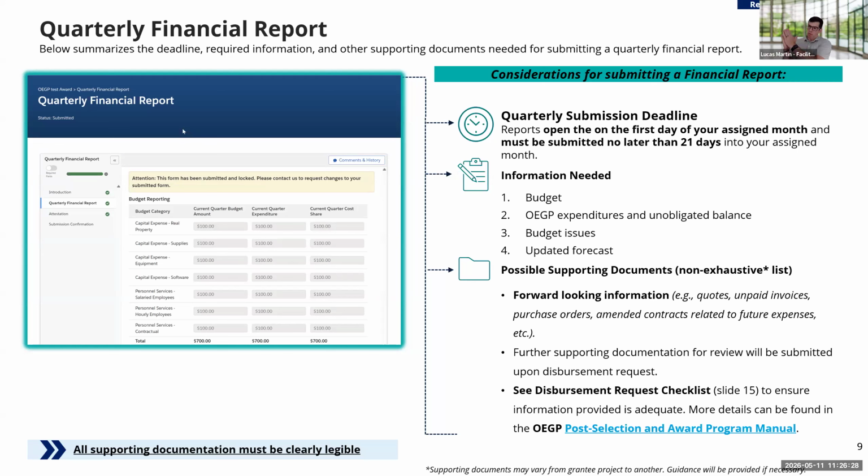So, updating any forecasts, understanding that all projects currently in the overall OEGP portfolio are on a reimbursement basis. The disbursement request avenue captures a lot of what has happened previously. The quarterly financial report, while good information for past experiences as well, is intended to be more forward-looking